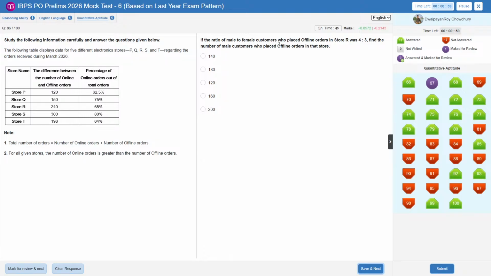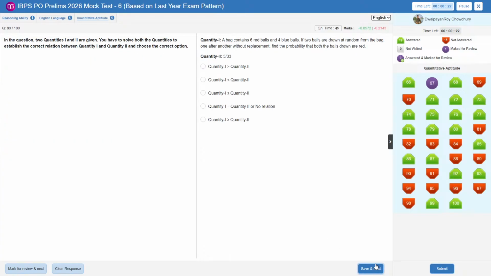R. Okay, male to female in offline R is this male customer. So 4 times 160. P and S, total online in P and S together is what percent of the total number of orders of R. So online in P and S over the total number of orders. So total number of orders is 800. So 7 by 8 is 82 point, or no, rather 87 point this. Okay.